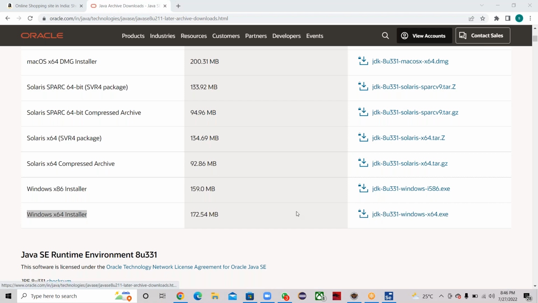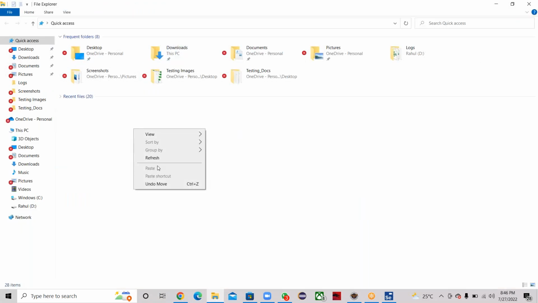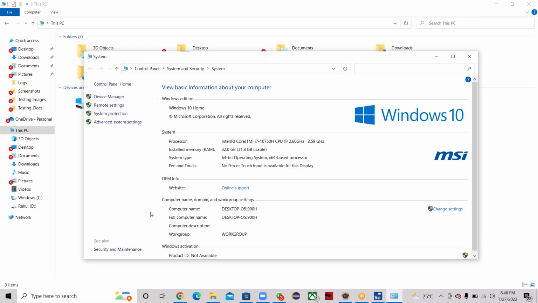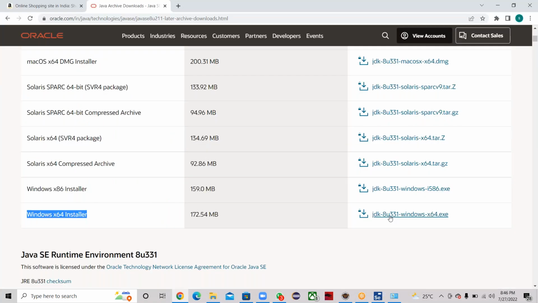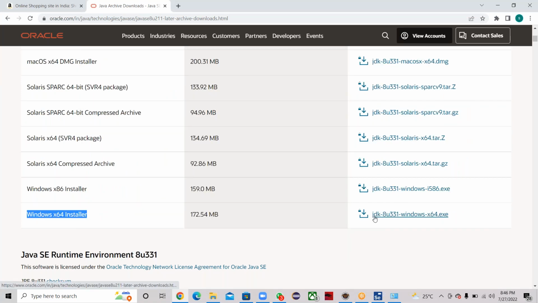For Windows users, how do you check whether your system is 32-bit or 64-bit? Go to My PC, right click on This PC, click on Properties. You can see your operating system here, what kind of architecture you have, 64-bit or 32-bit. If they have mentioned 64-bit, then you need to download the JDK from this link. If they mention your Windows system type as 32-bit, then you need to download this JDK. Since my system is 64-bit,